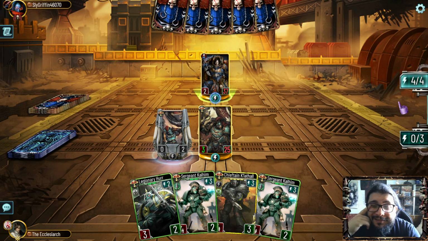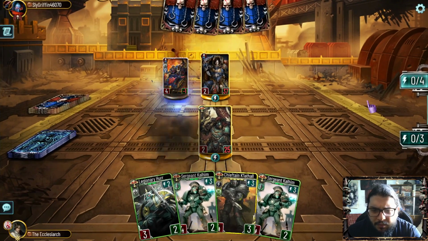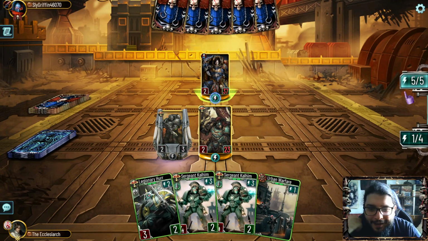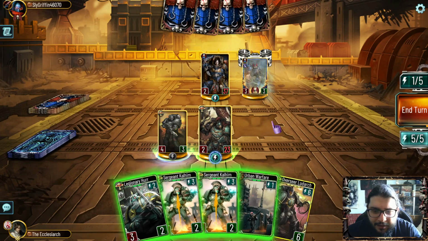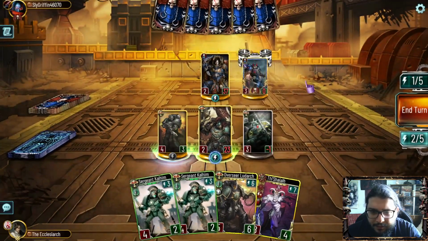Yikes. Huntsmaster. Conrad is beating us up really hard, boys, so I might have to conserve my HP now, because I'm already at 23. He's 14 HP ahead, which is nuts. What is this now? This is Huntsmaster Kargas. Okay. That's no problem, I guess, because...